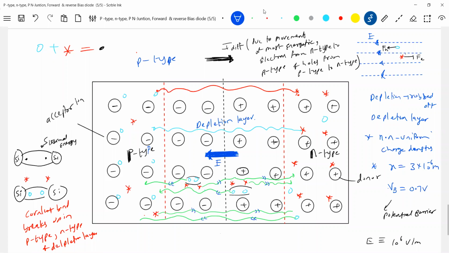So therefore, any carriers that are generated due to the breaking up of covalent bonds in the depletion layer, the electrons and the holes which are generated, shall I call them minority carriers? Because they have a movement similar to the holes in the N type and similar to the electrons in the P type. And now look at this. Let's talk about the current here. This hole current will come and the electron flows here. So tell me, this minority carrier current, in what direction? It will be towards left. Shall I put one more here? The drift current.